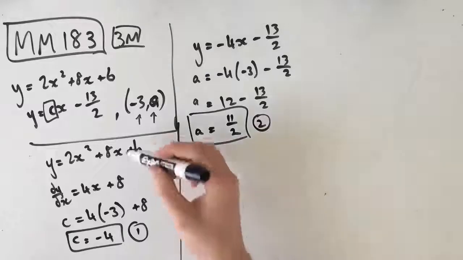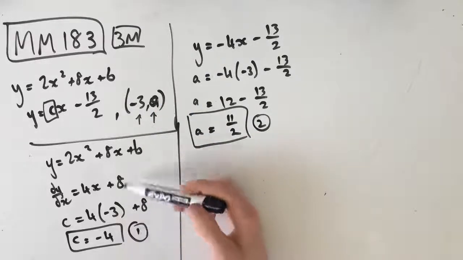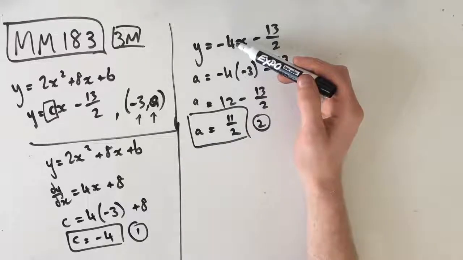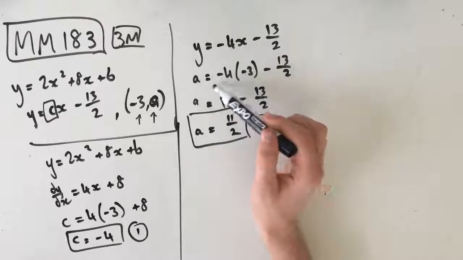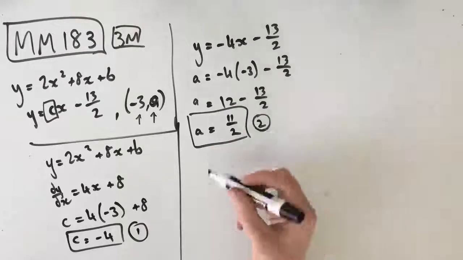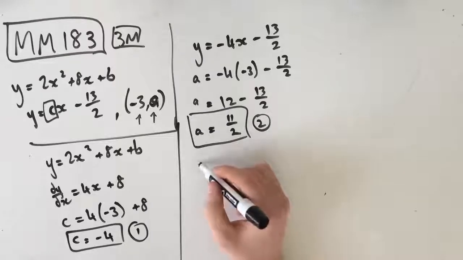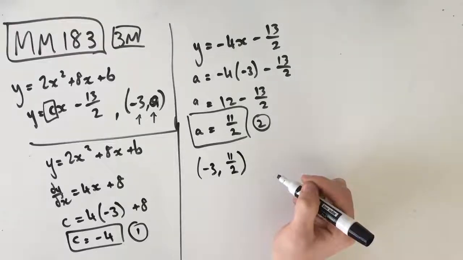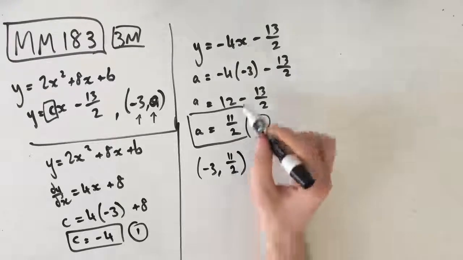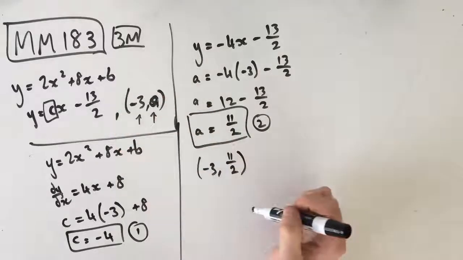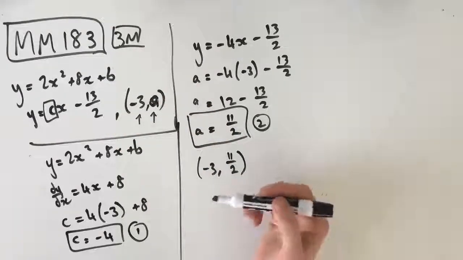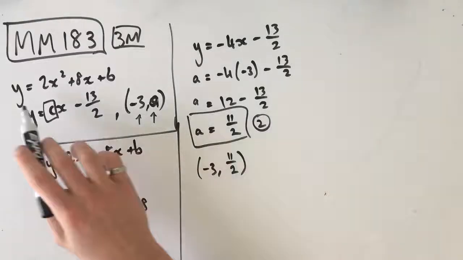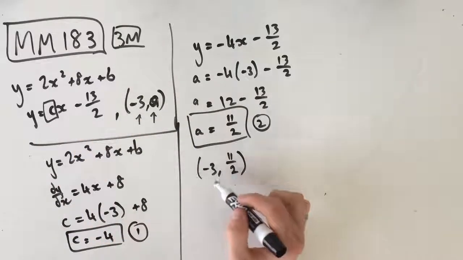So what we've done is we've found the actual equation of the tangent by deriving the original function, subbing that gradient back into the tangent, and then finding the y value at the tangent, which gives us our a value. Cool. From here, we know that the point that we're passing through is (-3, 11 on 2). And we know that the tangent not only goes through that point, but the original goes through that point, right? Because if it's a tangent, they have to have the same point at that coordinate, which means that we know that y equals 2x squared plus 8x plus b,